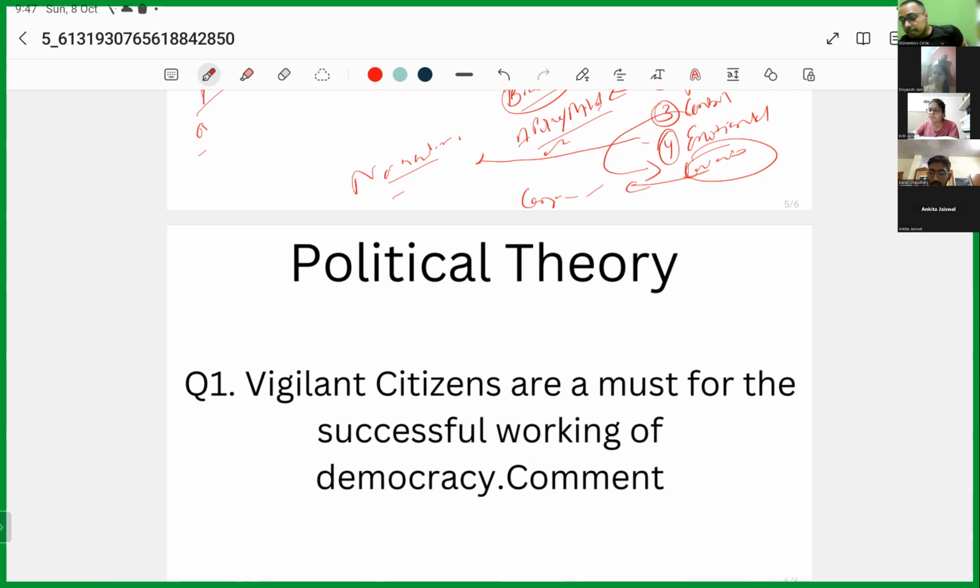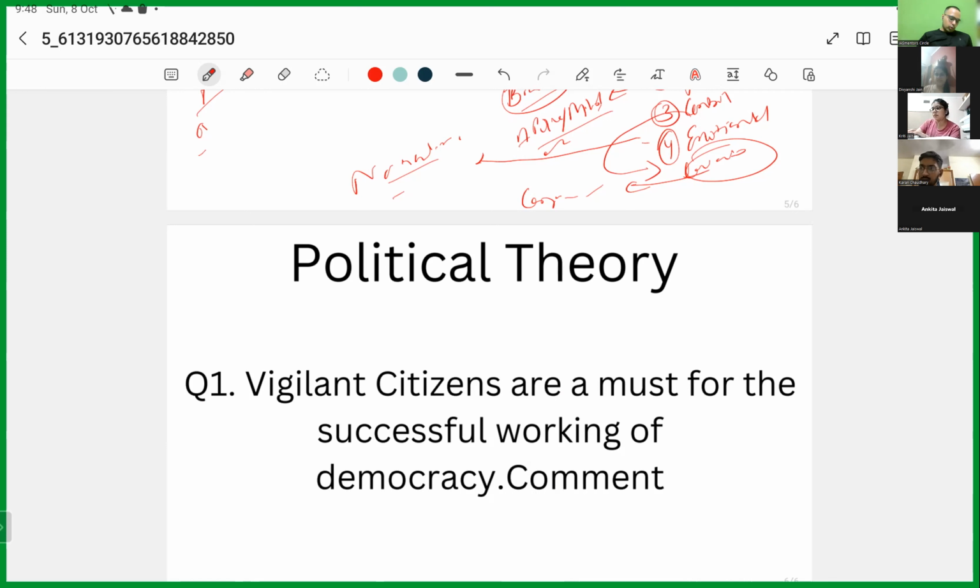Then article numbers that you should put up in your answers if they are related or interrelated. Then about the case studies, case studies you can put up. For example, this question is asking about the citizens. Anywhere, do you think that they are vigilant citizens? Yes, vigilant citizens of Palestine tried to do something, now they will pay the price. So give GS2 perspective through your syllabus. Focus more on the things that are in the syllabus.